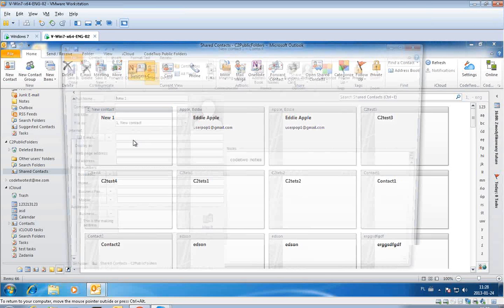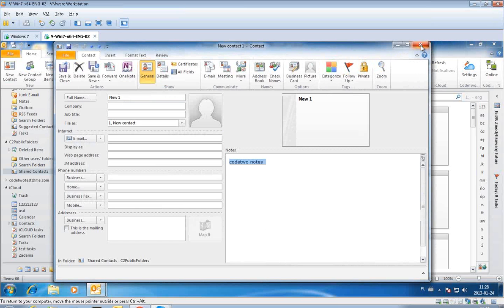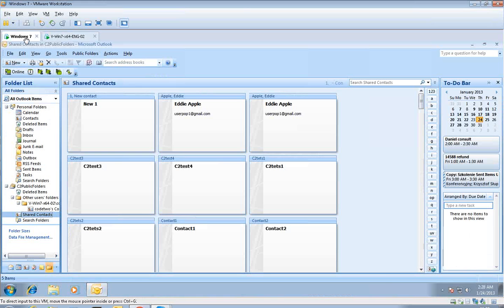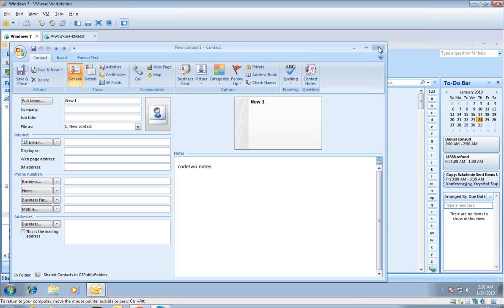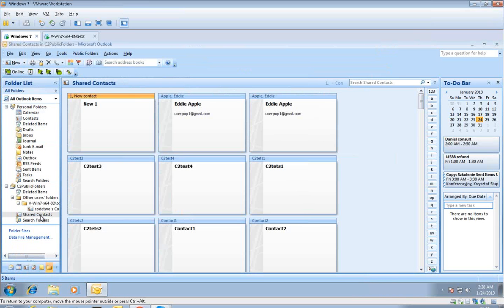And let's just see if we can access the same item from the second computer. Okay, so CodeTwo notes, the update is here. So basically this way, I see, it works just fine. Okay, so I think for this first short webinar, this would be more or less all I wanted